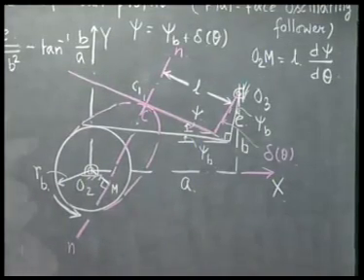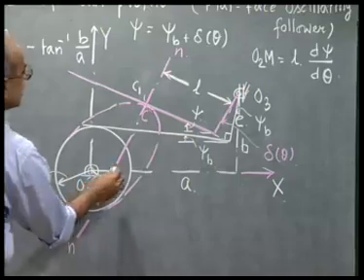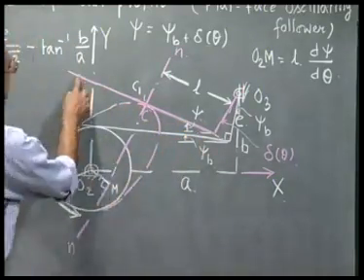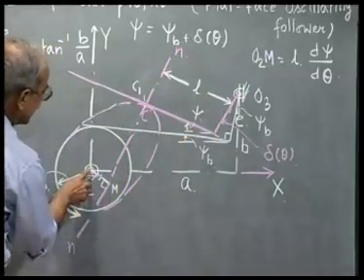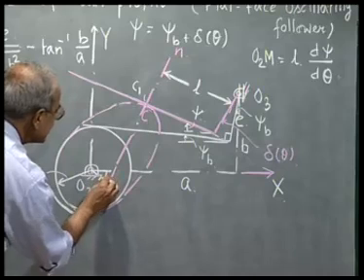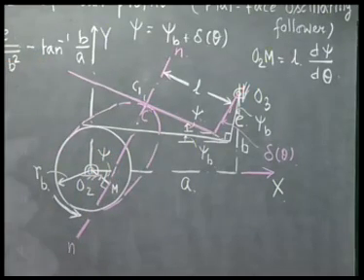Once I get this O2m equal to L into d psi d theta, then I can write, as I see, if this angle from the horizontal is psi, and this line is perpendicular to this line, and this line is also perpendicular to this line, so these two lines are parallel, so this angle is also psi. So, I can write